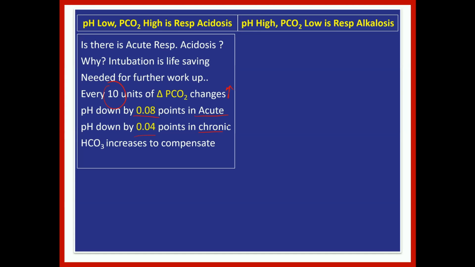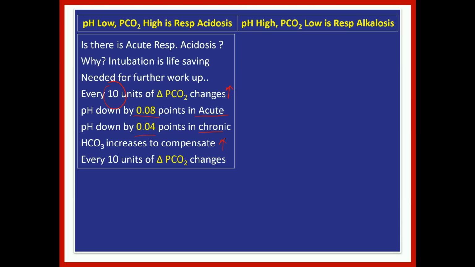Now, bicarbonate. We know that when the PCO2 increases, the bicarbonate also increases to compensate. Because there is acid, to neutralize that bicarbonic acid retained as carbon dioxide, some amount of bicarbonate also will increase. This is what is called the metabolic compensation of the respiratory diseases. In acute respiratory acidosis, the pH will be low, the primary variable PCO2 will be high, and the secondary variable bicarbonate also will be high.